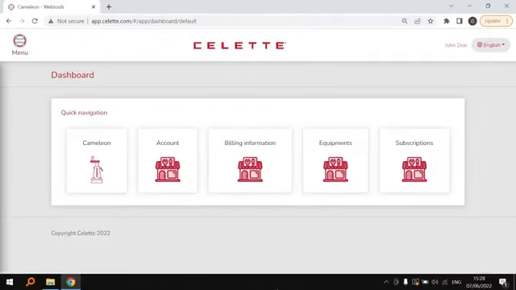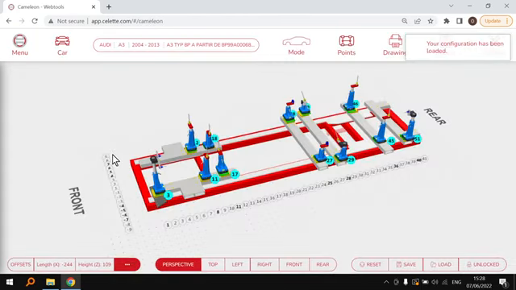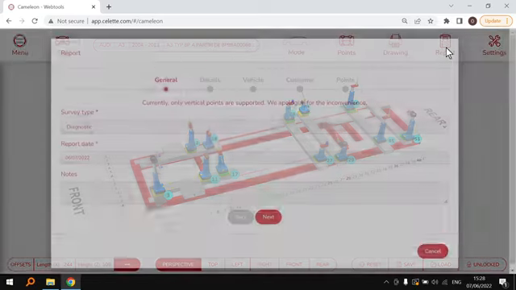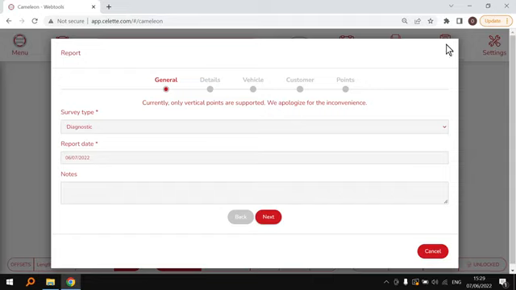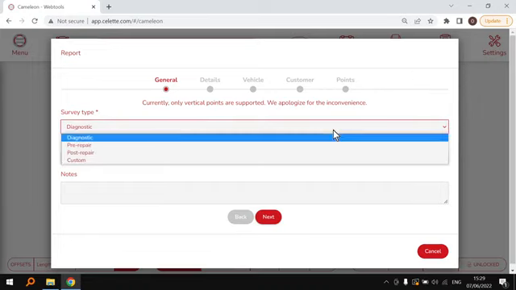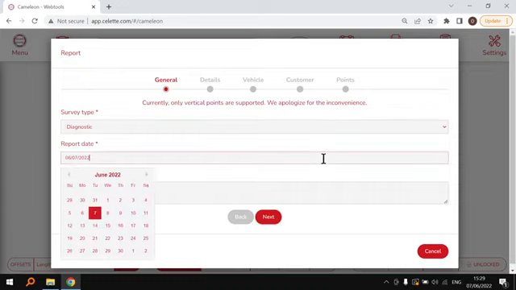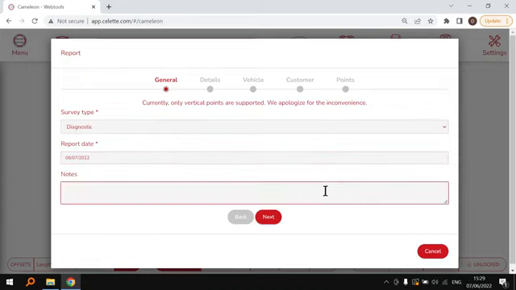First, let's open Cameleon. And our saved configuration is already in the software. Let's go to Report. And any information you enter here will appear on the report. You can enter the survey type. This one is a diagnostic report. You can enter the date, write some notes,